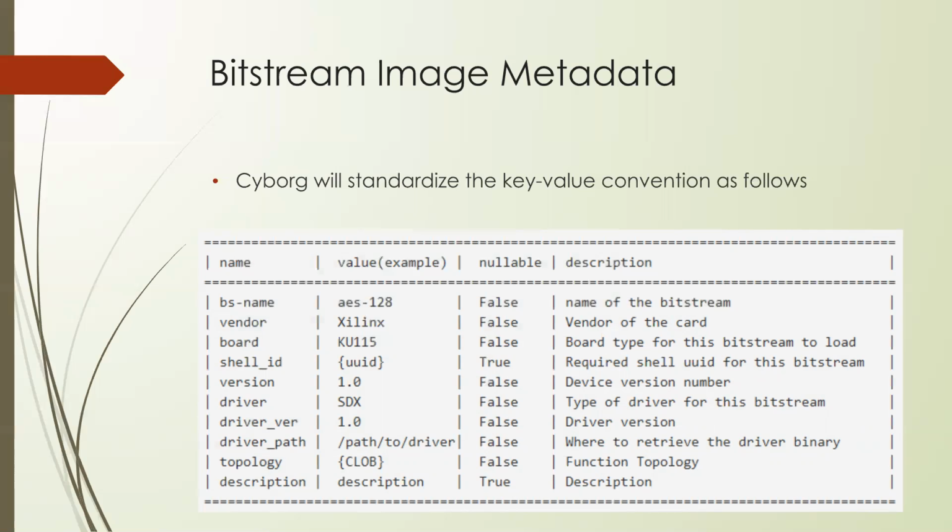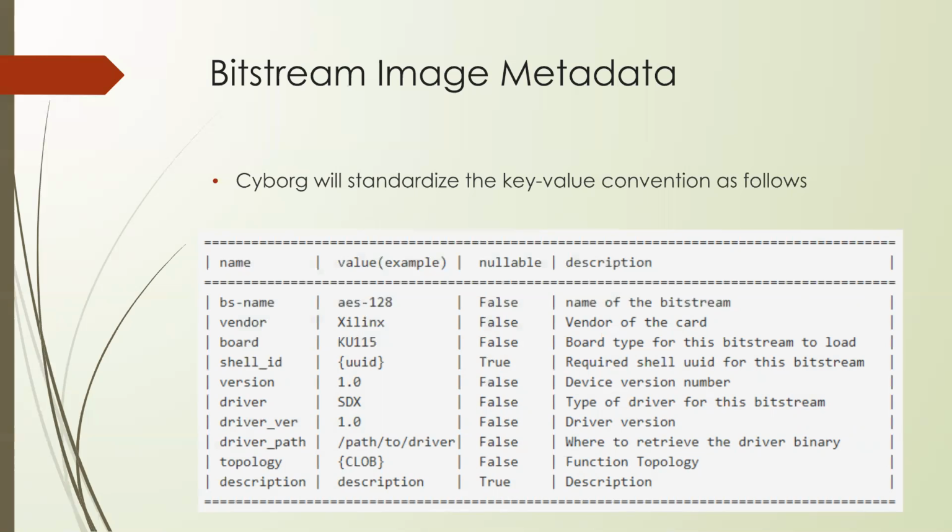Isn't it kind of presumed to be a shell in the first place? I mean, in many cases, that may be a shell. Yeah, then you assume that, specify a shell UUID, or the UUID pointing to the shell image, or some identifier for the shell, right? It basically identifies which device it's going to fit, whether it's a shell or whatever. Right. Just an identifier. Right. Yeah, right. And the versions and driver.